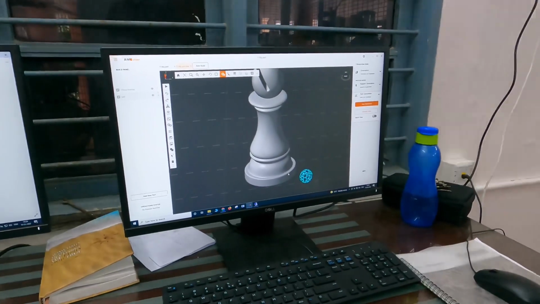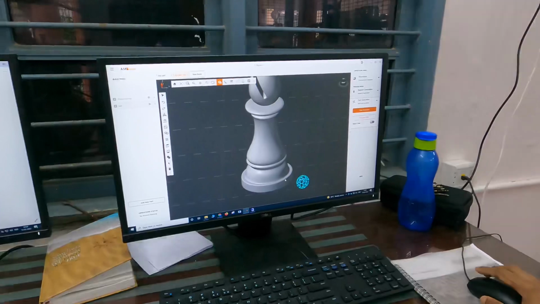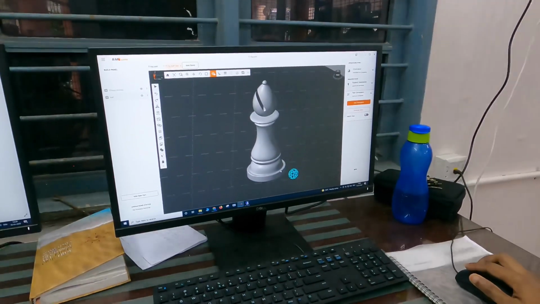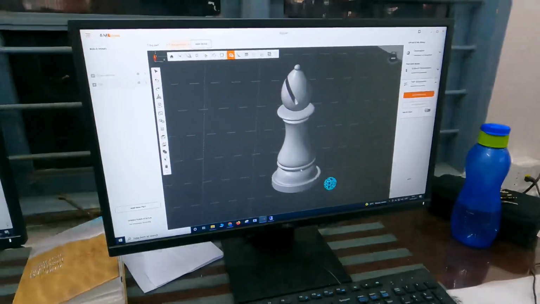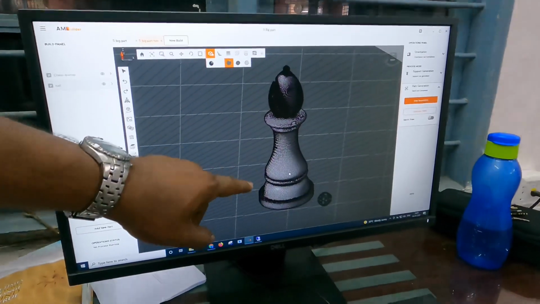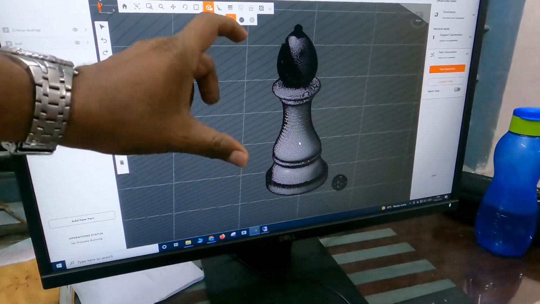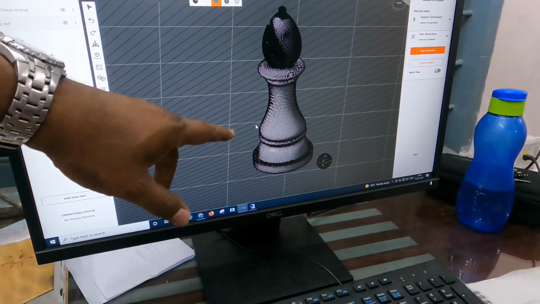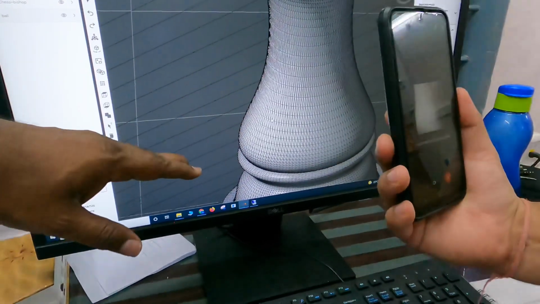Okay, did you hear about the STL file conversion I just spoke about? Was it clear? Anyway, I will show it again. This is the shape we are going to print today. This is an STL file where the actual CAD information is converted into a format suitable for slicing.